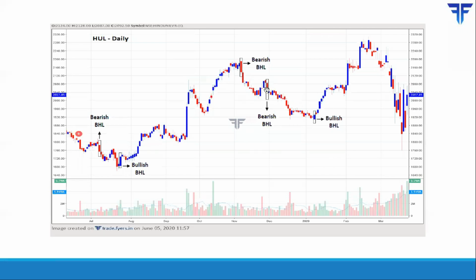Then here is another bearish belt hold line that appeared on the following day. After this decline, there was a minor recovery, but that recovery ended with the appearance of a bearish belt hold line, and we saw prices continuing lower. Then again, this downtrend was ended by the appearance of a bullish belt hold line, as you can see over here.